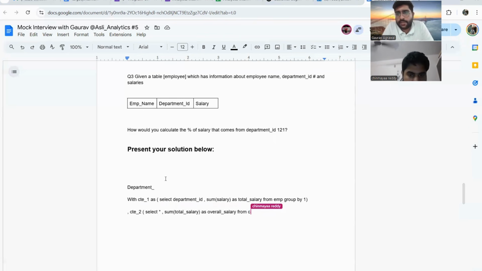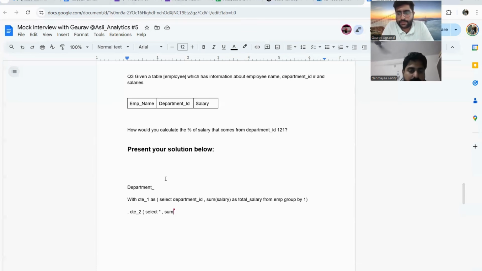Okay, so let me stop you here. What you've written in the first query, first CTE one, that is fine. At every department level, you know the total department salary. Perfect. Now, how can you calculate total salary? Don't use what you've used as the base. Just think in general, if the question was you need to find the total salary, how will you get the total salary?